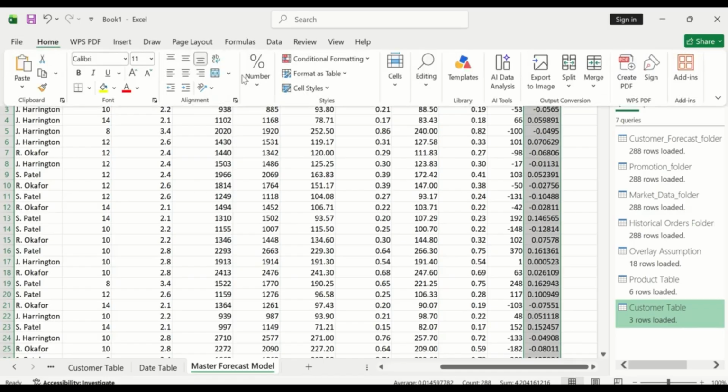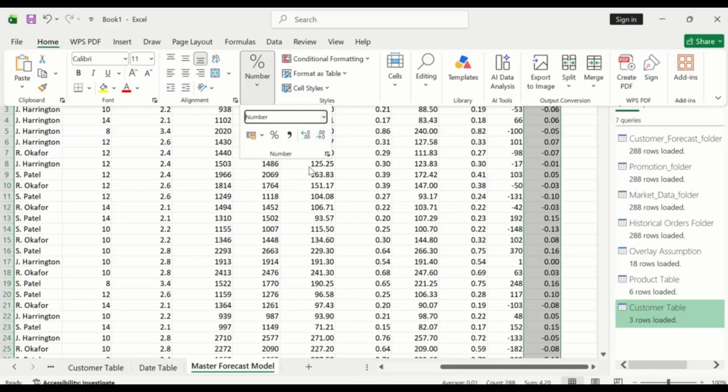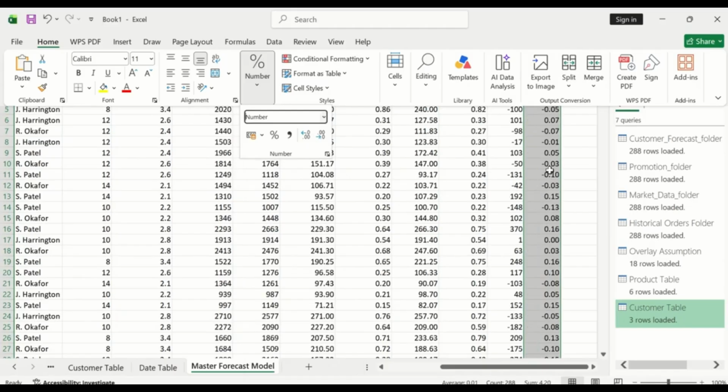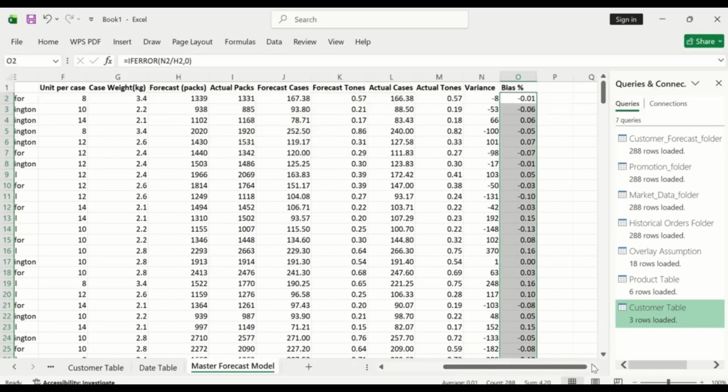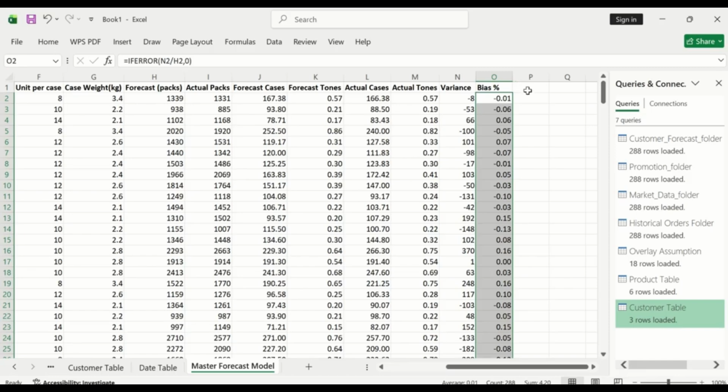So let's go back to numbers. Yes, so I think this one is okay, and then we calculate absolute error,